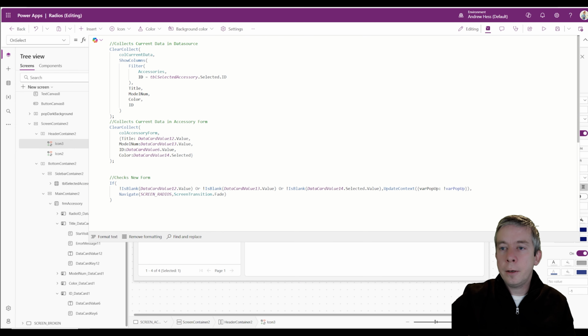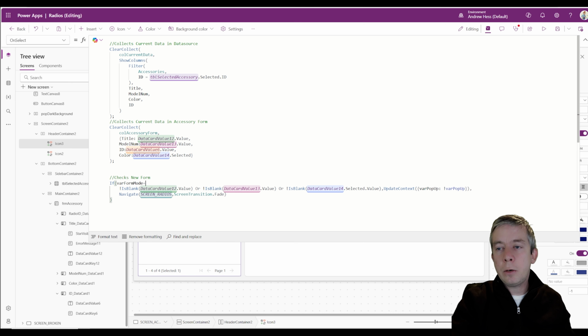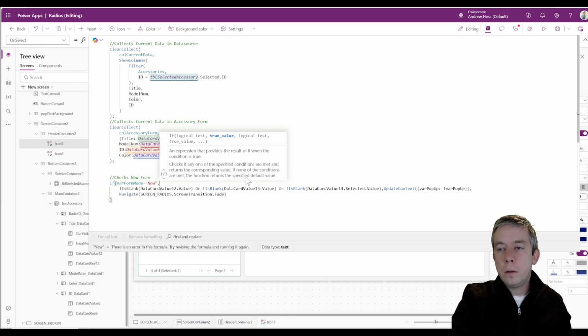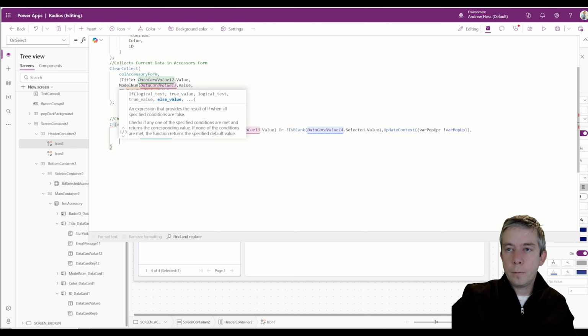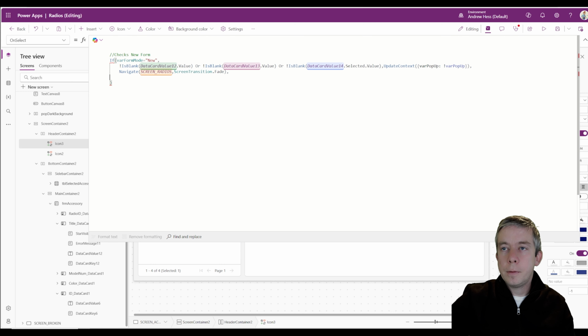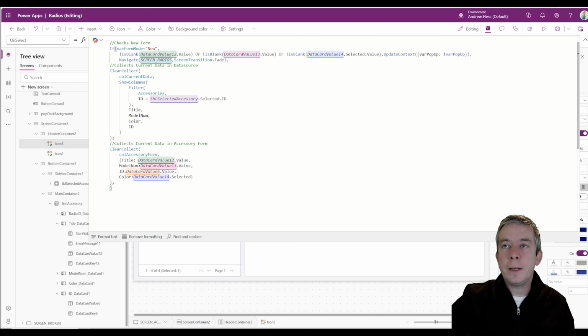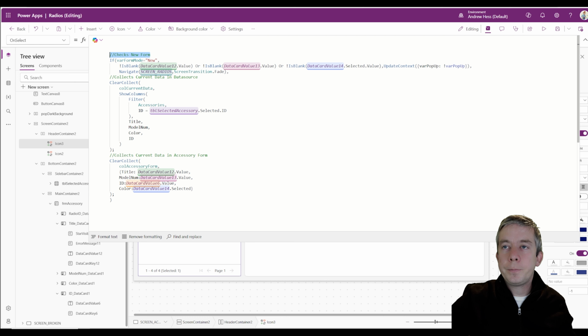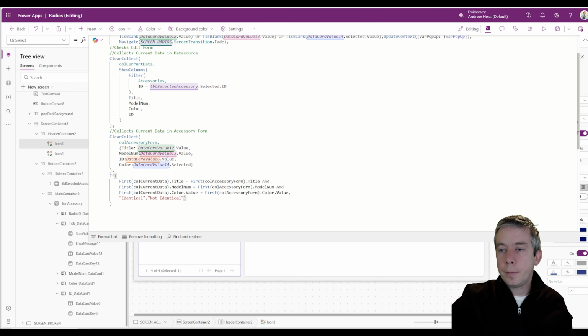So on my button here, if variable form mode equals new, then do this. If it does not equal new, then we're going to collect. Okay, all that's still looking good. So if it does not, so this one checks new form. If the comparison, so now after we do all this collecting,